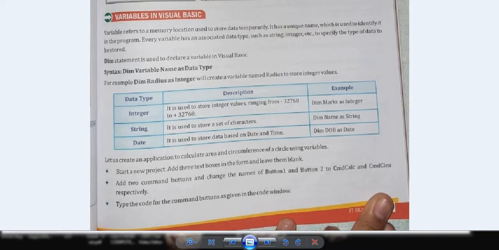And whatever operation the user gives as a command, suppose addition or subtraction, the output of these two numbers will be stored in this particular location in the memory. And from this memory, it should be displayed to the user in some form. So this is the exact way these variables are used.